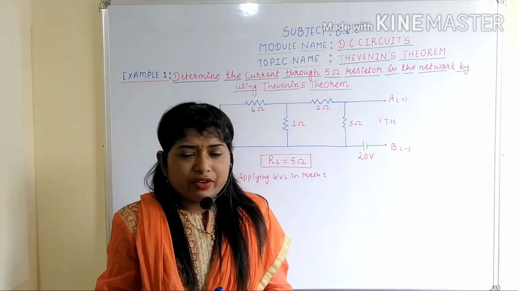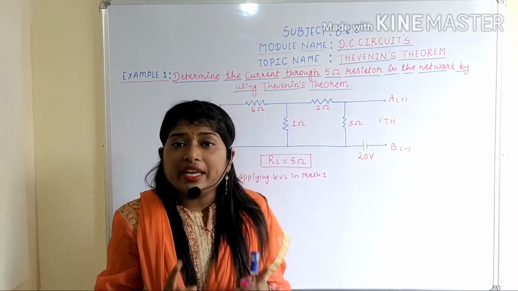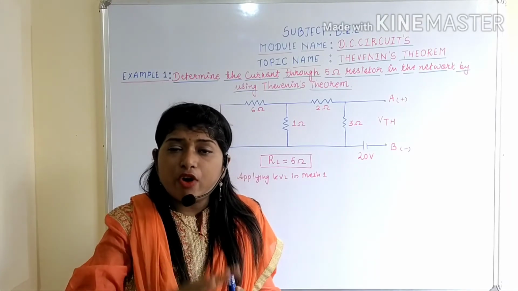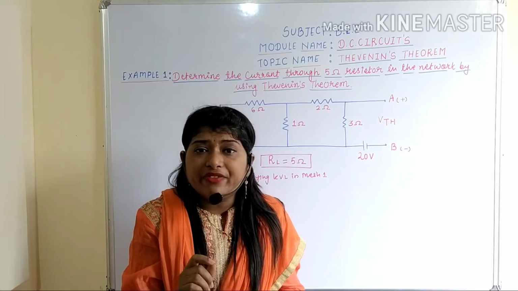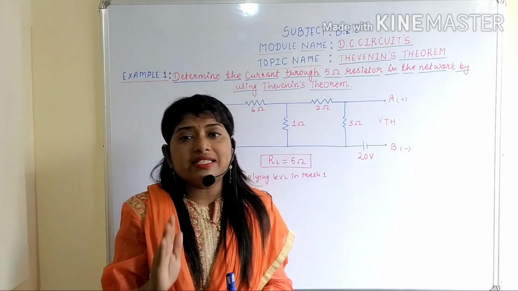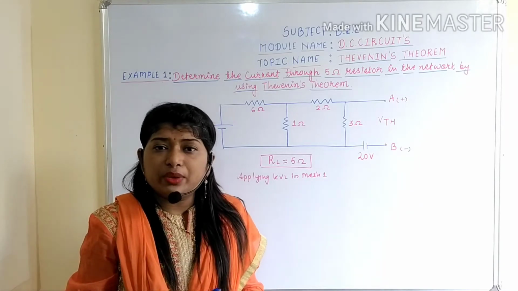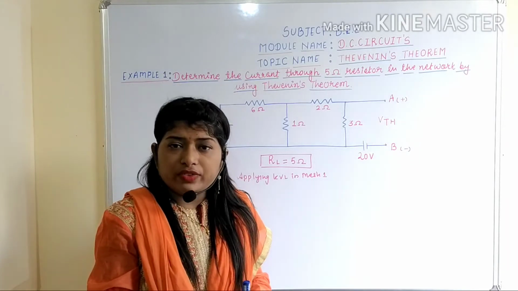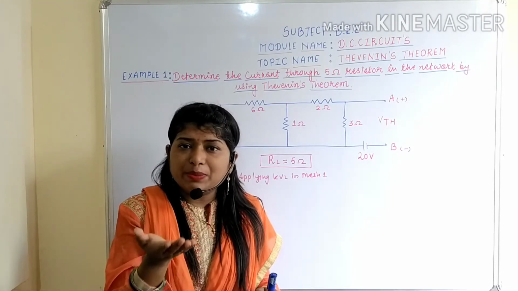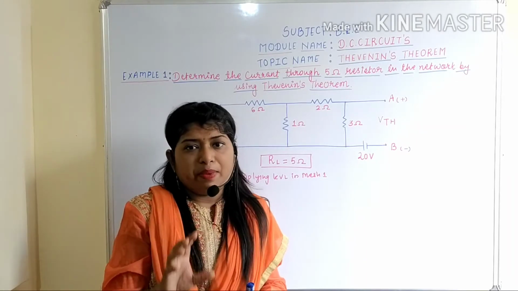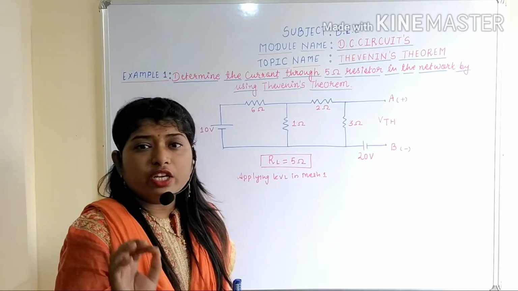As per the third sign convention, if the direction of the current and the polarity assigned to the resistance both are in the same direction, then there will be a fall in potential. Due to that, the voltage across that particular resistor is given by V is equal to minus I into R. What was the fourth sign convention? If the direction of the current and the polarity assigned to the resistor are in opposite directions, then there will be a rise in potential and the voltage would be equal to plus I into R. I hope you remember all the 4 sign conventions related to Kirchhoff's voltage law.